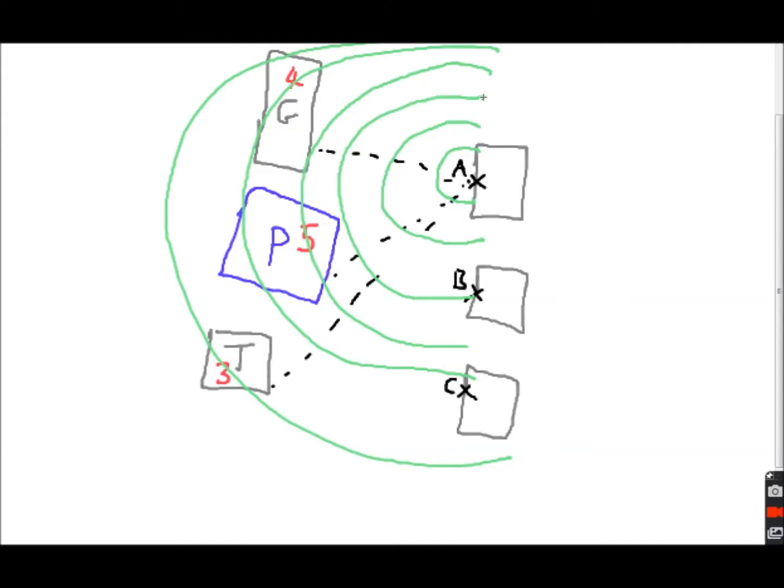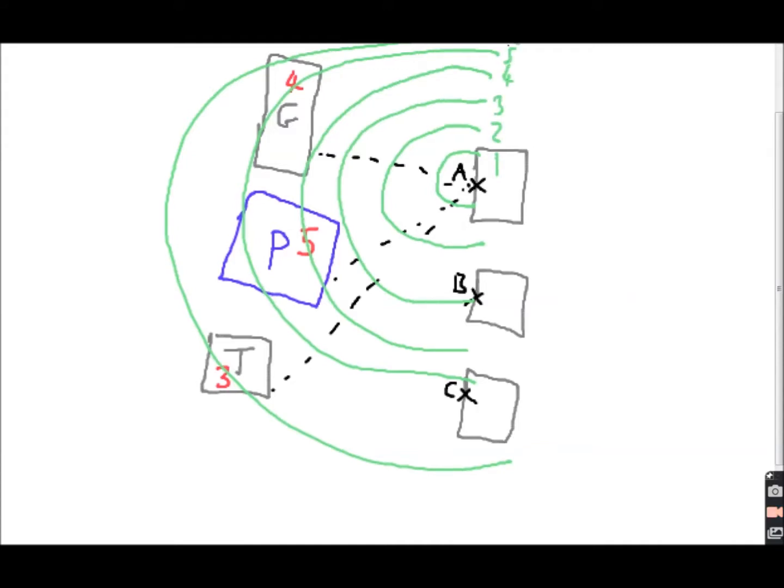How many have you got there? 1, 2, 3, 4, 5, 6. So that's enough for this example, but they carry on going out to 10 anyway. And what you do then,